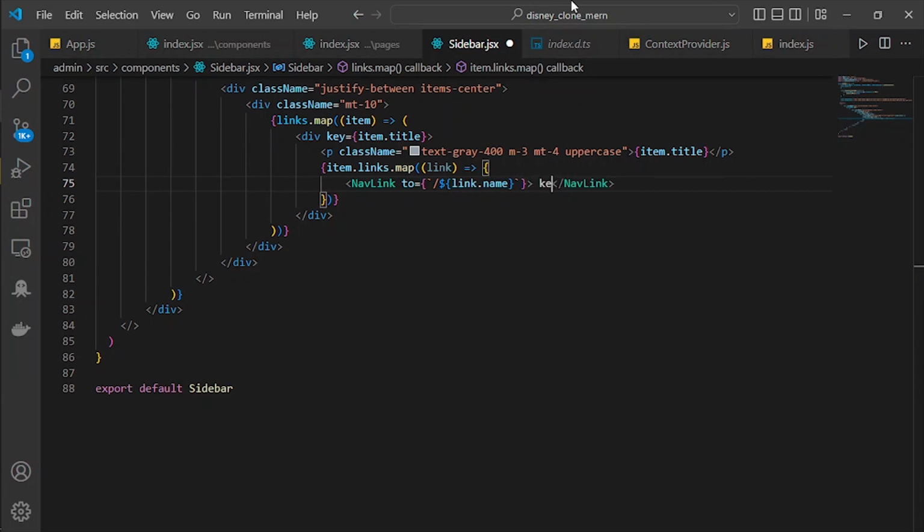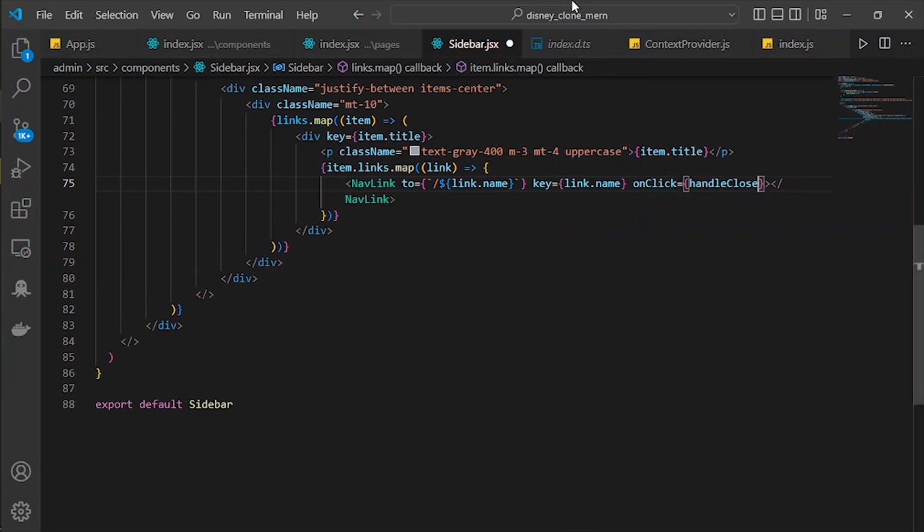For the key is equal to link.name. For the on click is equal to handle close sidebar, and for the style is equal to